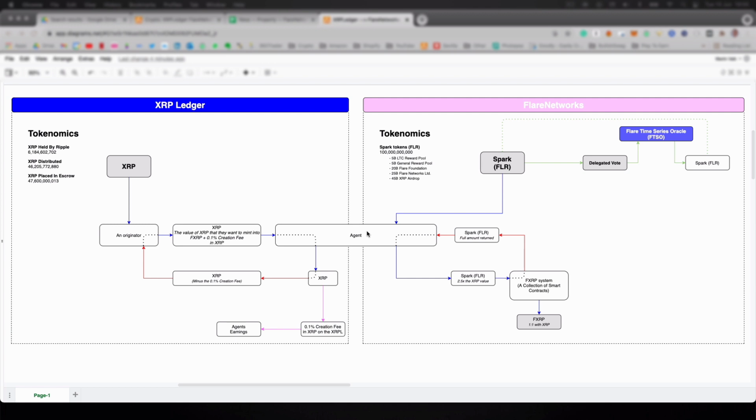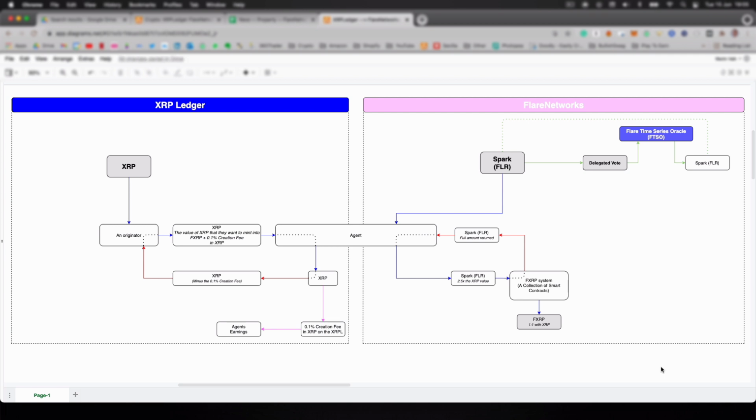Well, basically, just to start with the basics, obviously on the XRP ledger we have XRP. I have the tokenomics here on the left. However, for now it's not really relevant for understanding how it works. Same for Flare networks, right? You have Spark on Flare networks. Once again, here we have the tokenomics, but you can completely forget about them because once again it's not relevant for what we're going to talk about. Actually, maybe just to dumb it down, I might just get rid of it. There we go. So make it look as simple as possible. But I want to walk you through the process and make sure you understand it, right?